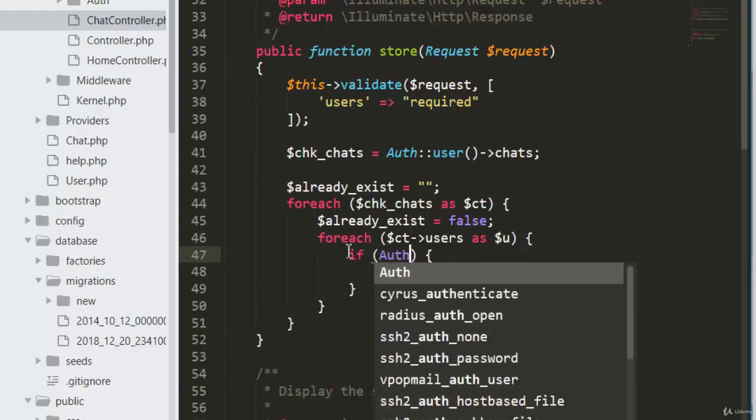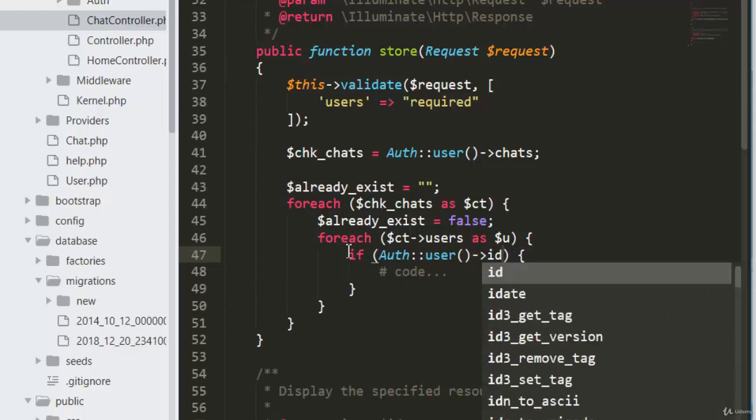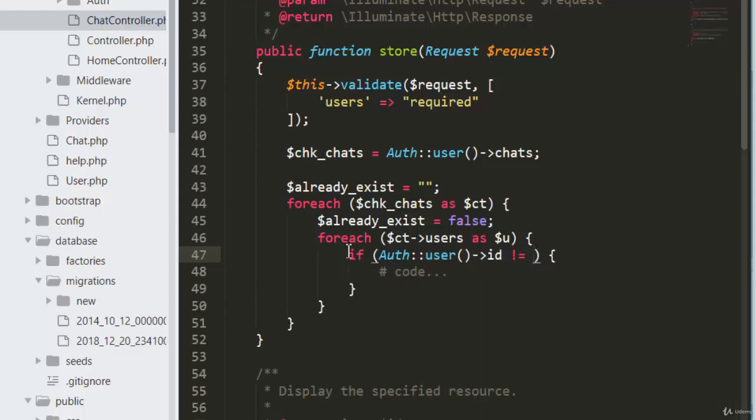If auth user ID not equals to UID, because this chat users will have your ID as well,